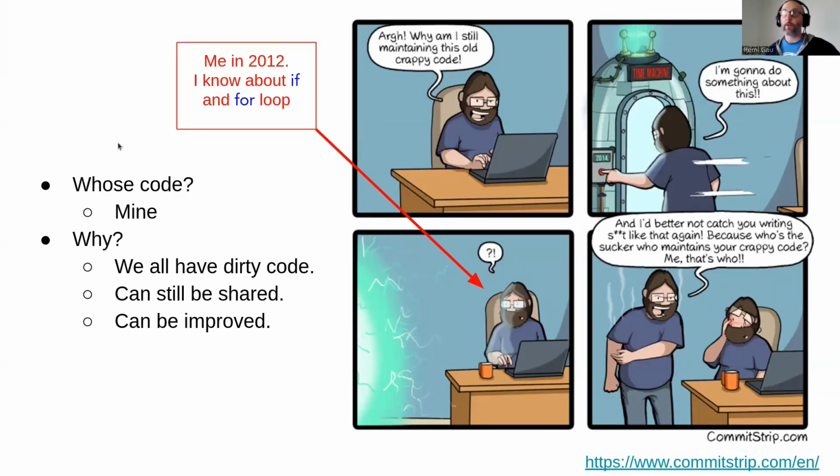That code is actually on GitHub. It is part of the GitHub repository for this workshop. It is also part of the project that we published a paper on. So it's also to say, yes, sure, your code is dirty, but this might not be a sufficient reason not to share it. Especially, what I want to show is that even if your code is dirty, there are plenty of ways you can put into practice to improve it. And by improving it, you feel more confident and comfortable sharing it with others.